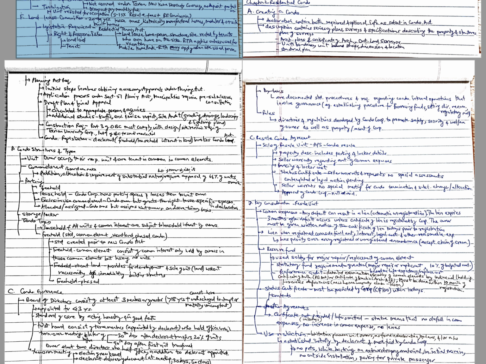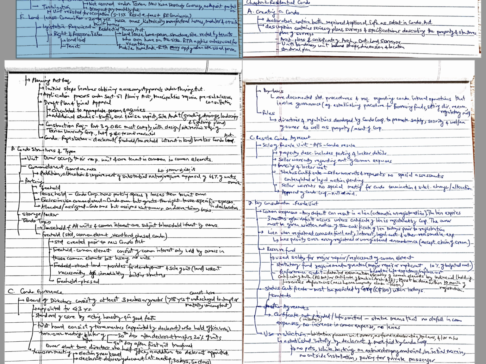Certificate not provided. The Act also sets out the requirements in the event that information is omitted or the certificate is not provided. If any information is omitted, the statute provides that the certificate states there is no such information. When the certificate is requested and not provided within the prescribed time limit, the Act states that the certificate is deemed to have been provided and no default in common expenses has occurred, no increase in common expenses has occurred, and no levies have been assessed against the unit.